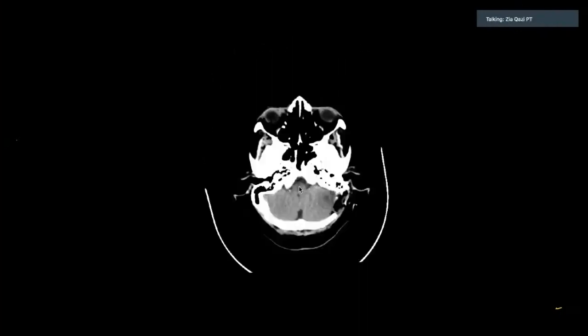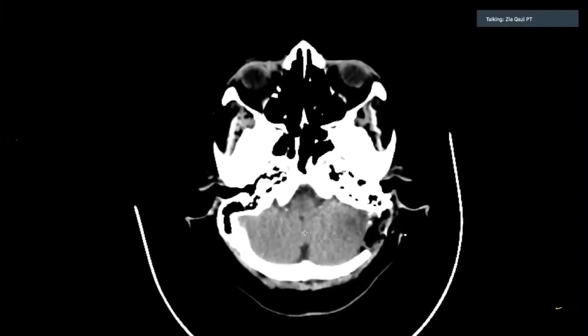Now you see the medulla is slowly joining the cerebellum. This is the cerebellum filling the posterior fossa of the skull. You can see three divisions of the skull at this section. They are divided by the external auditory meatus. On either side you can see these hollow tube-like air pockets. Those are the external auditory meatus.